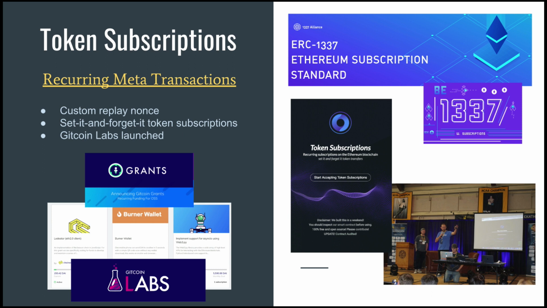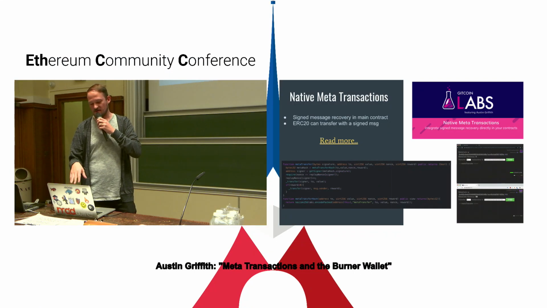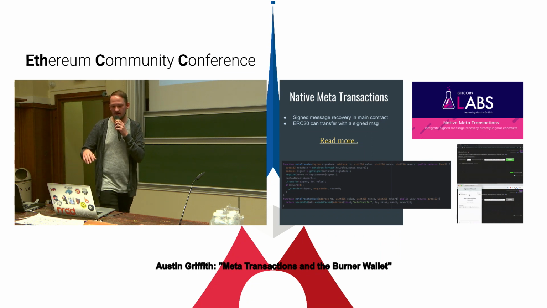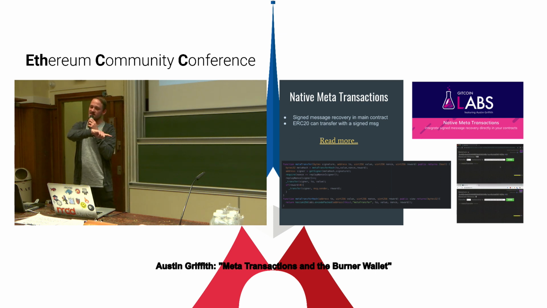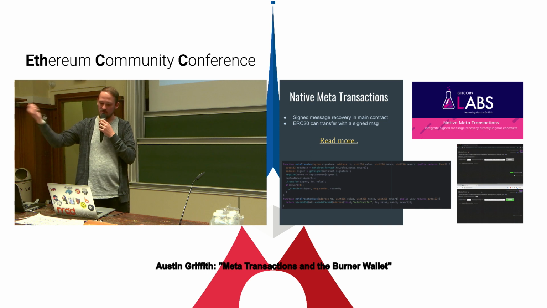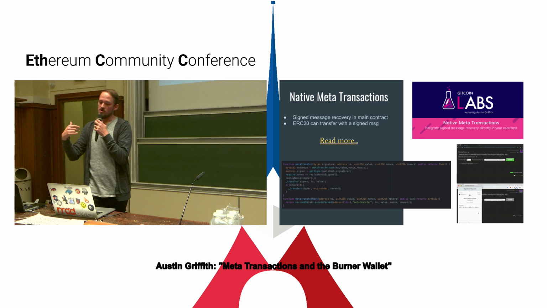So Gitcoin Labs was launched, and then I had these week-long projects where I would do R&D in a certain area, and we did counterfactual instantiation and payment channels and a bunch of other things. But then I dove back into meta transactions a while later, and this idea emerged of native meta transactions, where instead of using a bouncer proxy, where you're sending that meta transaction to a relay network, and then they're submitting it to a bouncer proxy contract, and that contract is recovering it and putting it on chain to be cryptographically backed. It's better if you're redeploying your contract now.